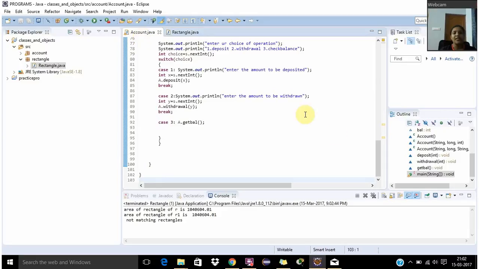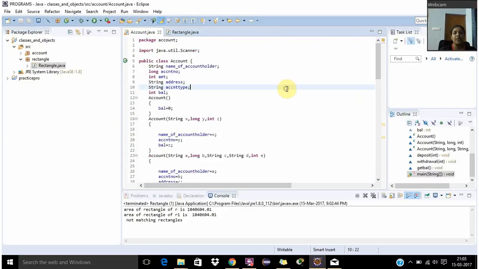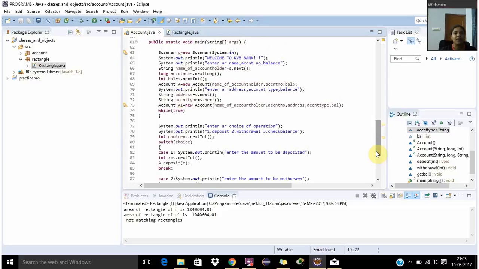And my next program is to create a class called account, in which I have attributes like name of account holder, account number, account type, address and balance. And there are basically three operations. So in my main, public static void main,